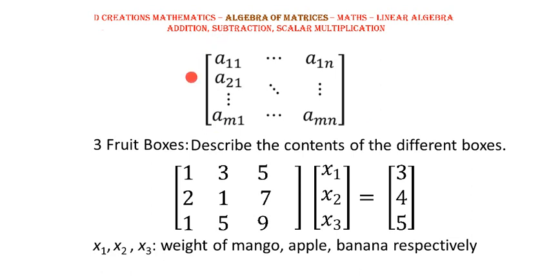Now we know that a matrix looks like this. So you have rows as well as columns. Let us say that there are m number of rows and n number of columns. So it is an m by n matrix, and each of these is called a matrix element. It has a subscript: the first index comes from the row number and the next one comes from the column number. So in this manner you can have the whole matrix.